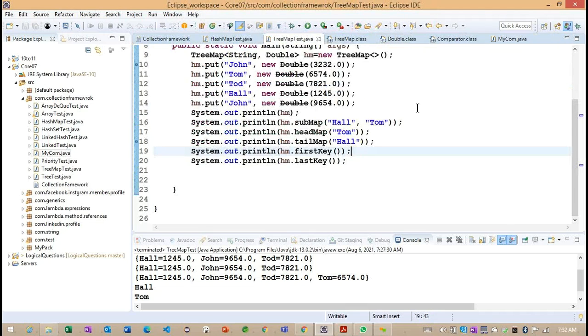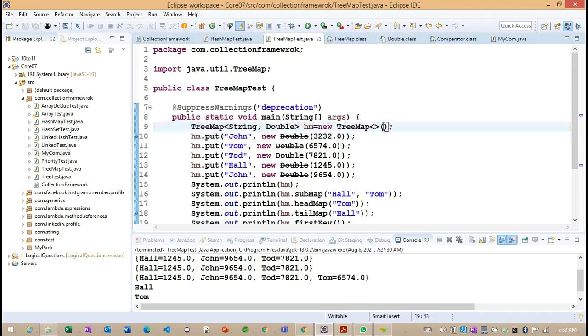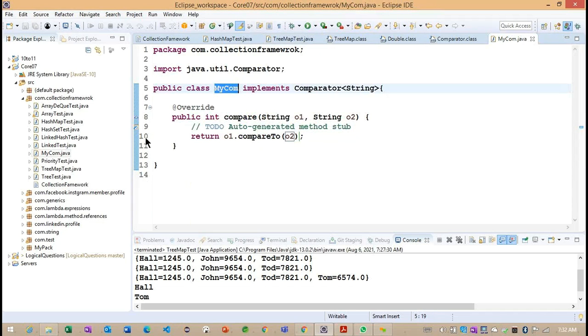Right. Now go to this TreeSet and here I am adding my comparator. If you observe carefully, this is the way my comparator is going to work, and internally I'm going to put a breakpoint here.